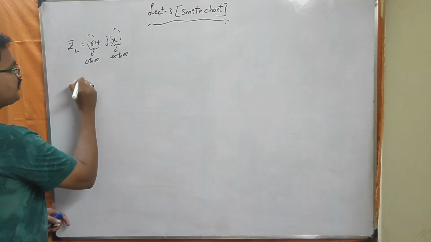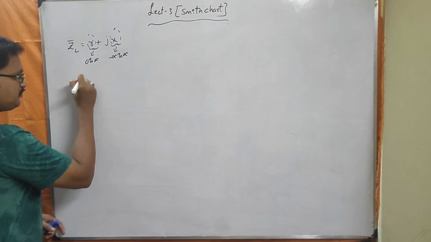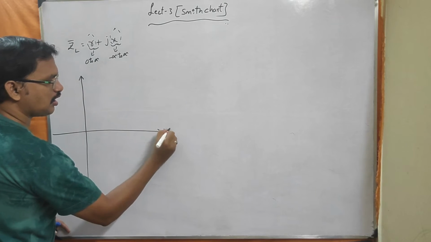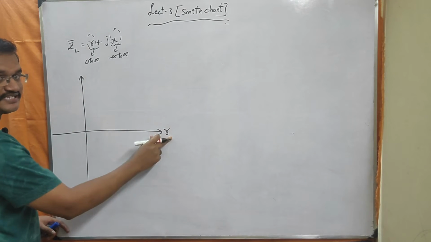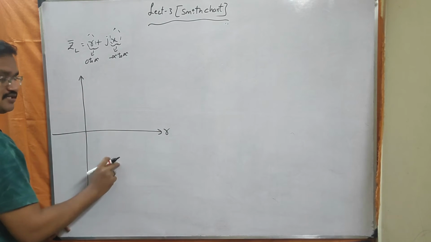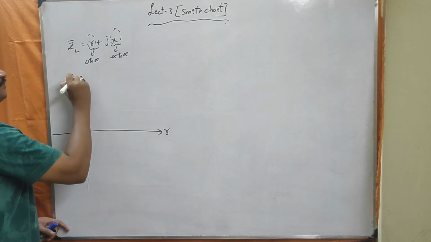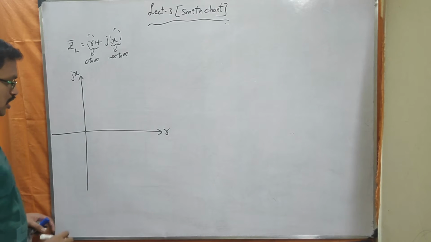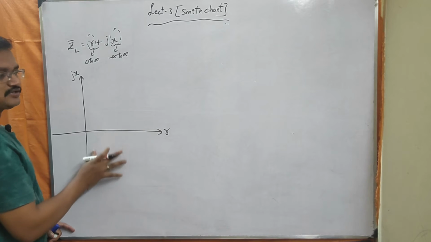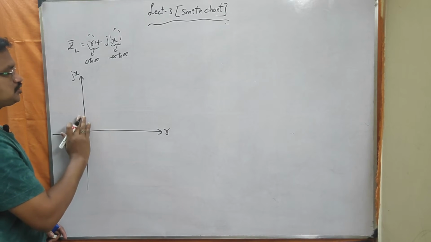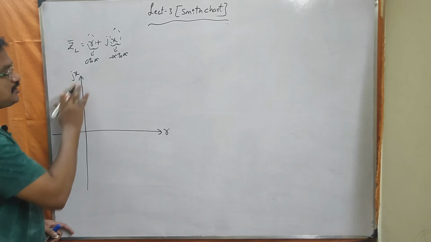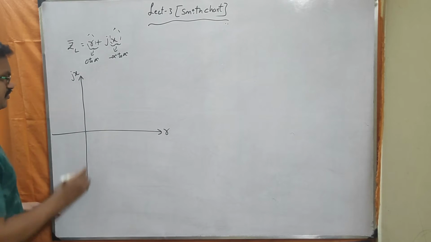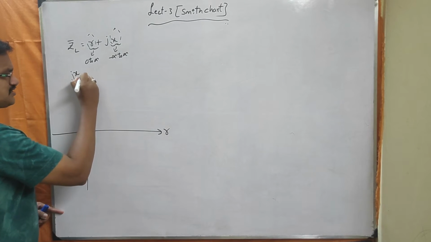Okay, so now if I draw the impedance plane here, so this is R. So this represents what? Resistances. On this axis it represents resistances, and on this axis it represents what? It represents reactances. Understood? Okay, so now we have seen that all the passive loads will be present to the right of this imaginary axis, including this imaginary axis. Yes or no?